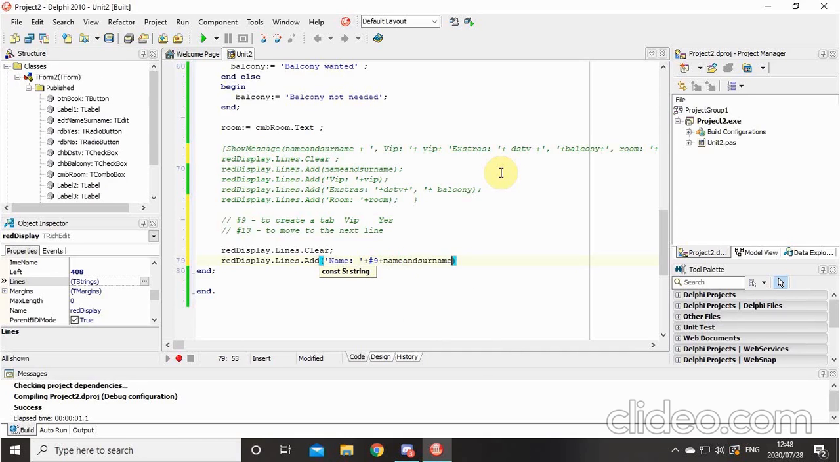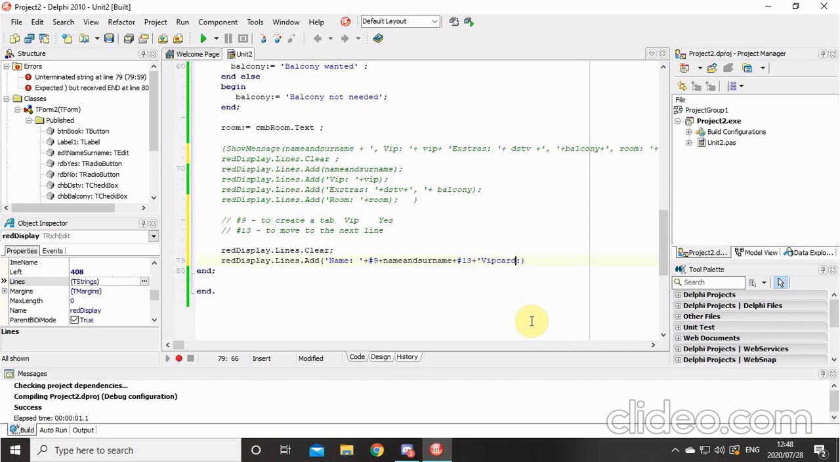Okay, so now once that line is done, I want to move to the next line. So instead of having another red display dot lines for VIP, I'm just gonna add a plus hashtag 13 plus. Okay, so that will take me to the next line. And then what do I want on this line? So I want the caption, so VIP card, let's say VIP card,